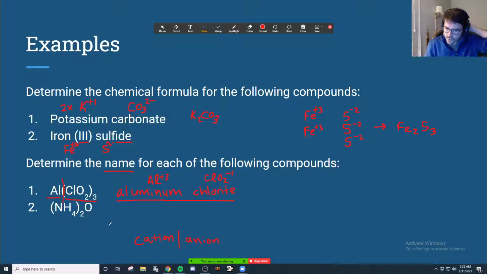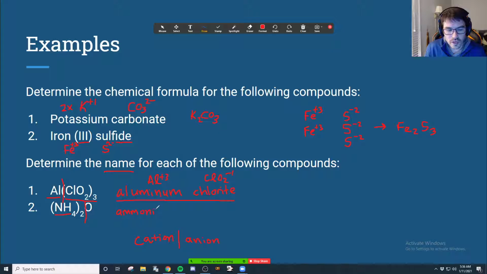(NH4)2O. Once again, we have some parentheses here. If you see parentheses in one of these, whatever is inside is going to be a polyatomic ion. That's the only time that parentheses get used in ionic compounds, is when you have polyatomic ions. So my dividing line is going to be here, okay? (NH4)2, all of this is my cation, and then this lonely oxygen over here, that's going to be my anion. So this is going to be, it's a polyatomic ion, it's ammonium,